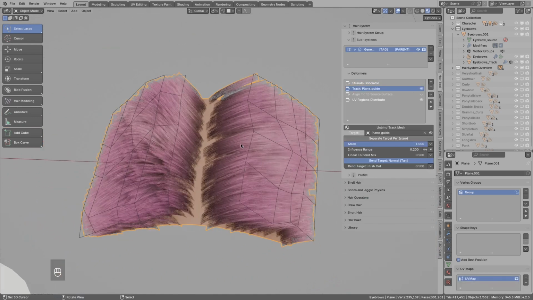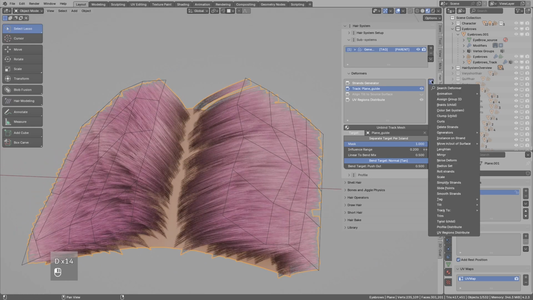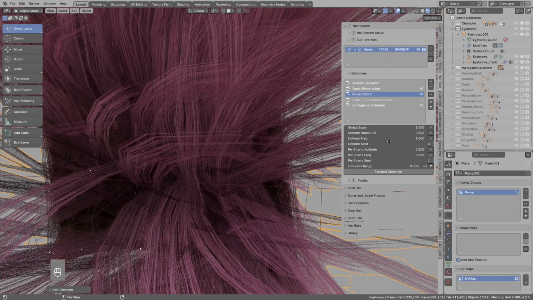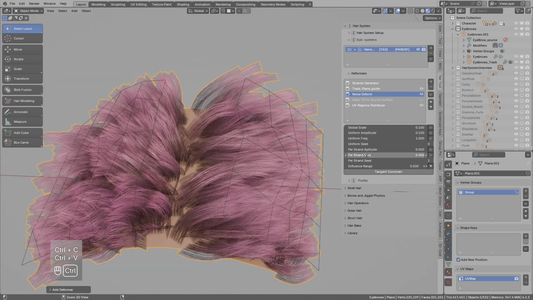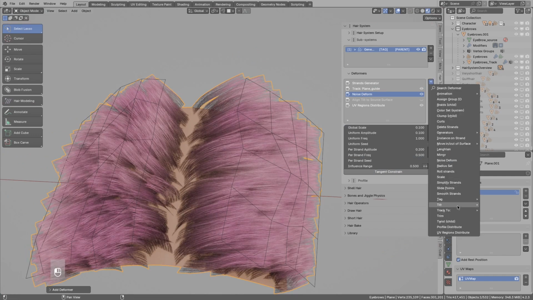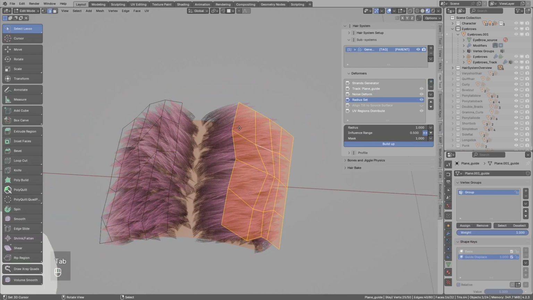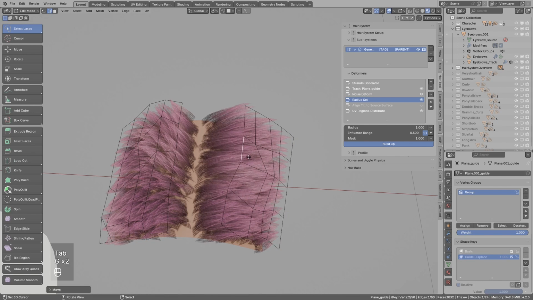And if you do not like this very uniform look, you can always add more deformers on top. So after the track deformer, I can add a bit of noise, reduce the global size, reduce the amplitude like that, maybe add a bit of taper with the radius set deformer, and the whole workflow is done on the